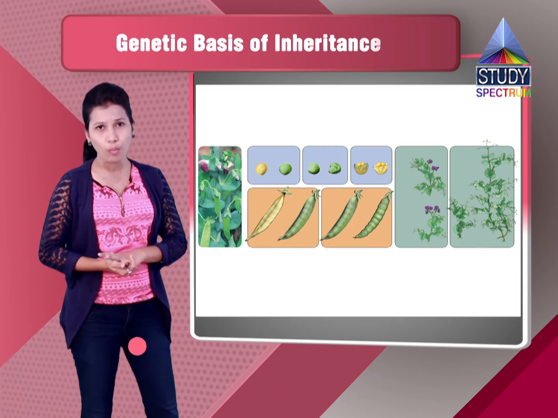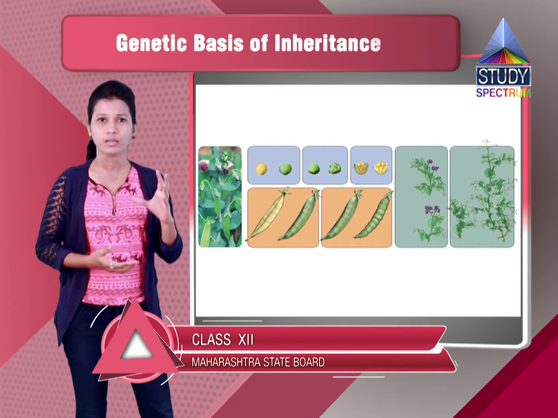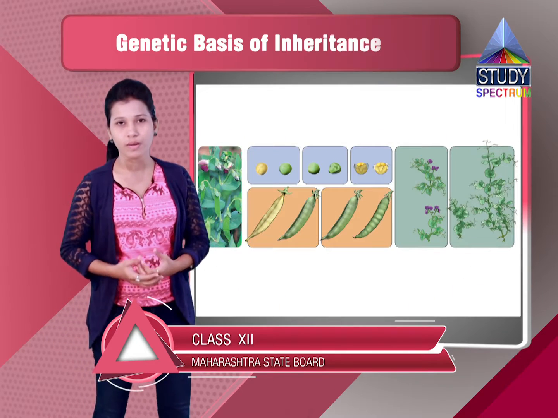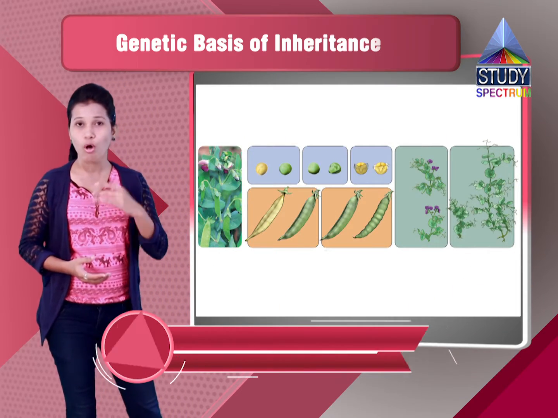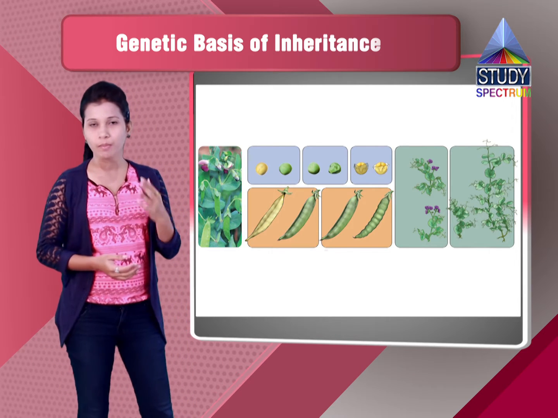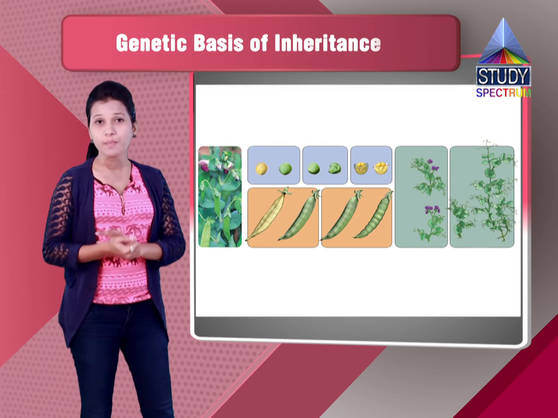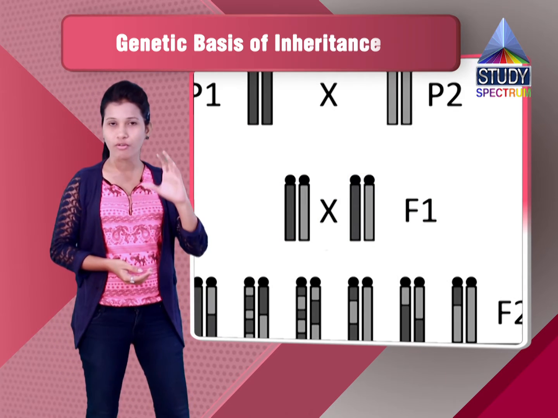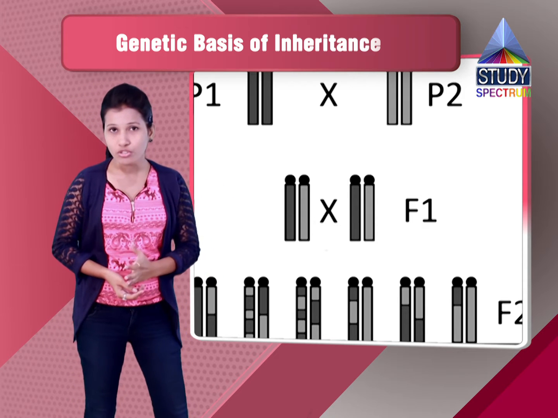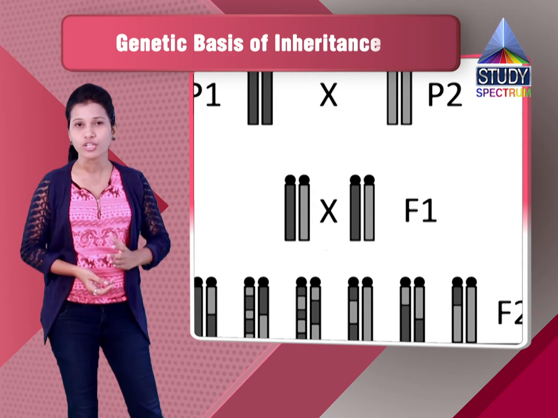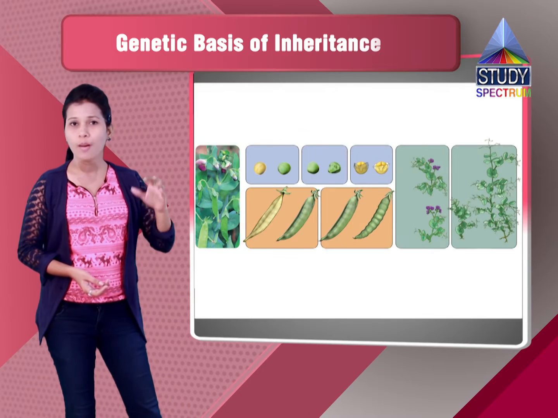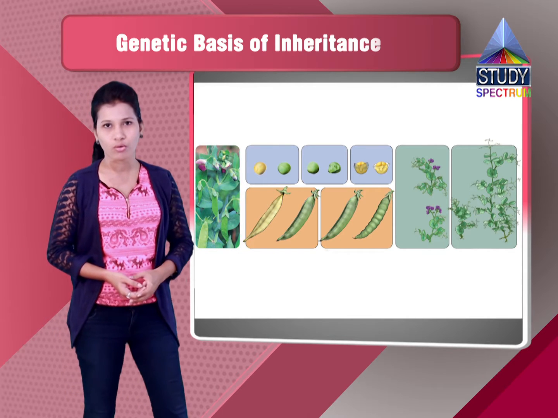So this is a question frequently asked in the exams, where they ask to explain why a test cross can be a back cross, but a back cross cannot always be a test cross. So this is the explanation here. In back cross, we cross the F1 generation with any of the two parents. But in test cross, we have to cross the F1 generation with only the recessive parent, and hence the back cross can be a test cross, but a test cross is not always a back cross.